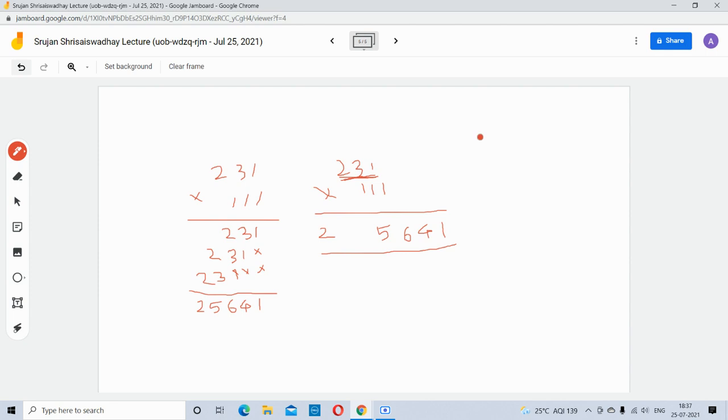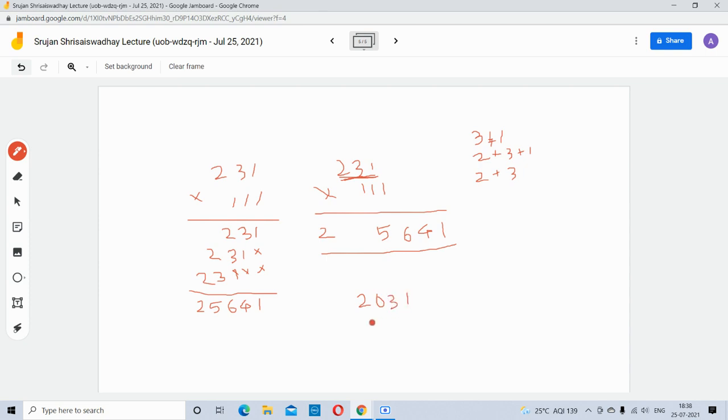So what you are going to do, initially you put the leftmost and the rightmost number as it is, then add 3 plus 1, then add 3 numbers because 3 numbers are there, then you are going to add 2 plus 3 plus 1, then you shift to the left, only two numbers are left, so you add 2 plus 3, and you will be getting like this.